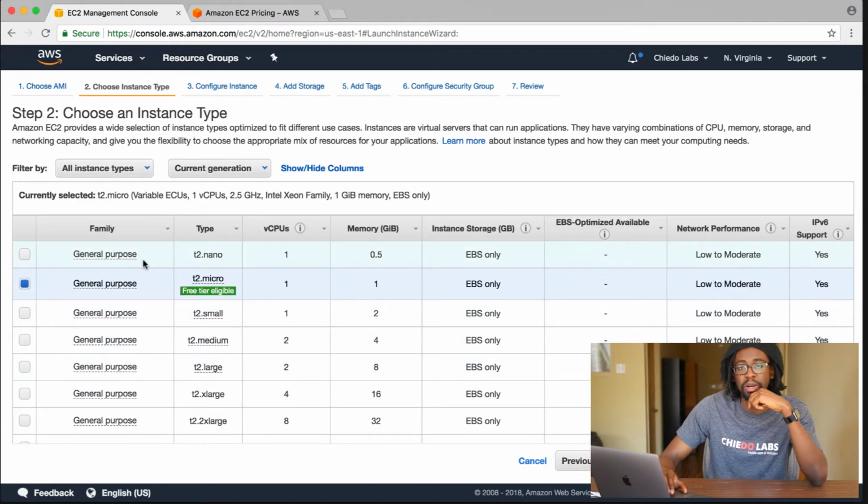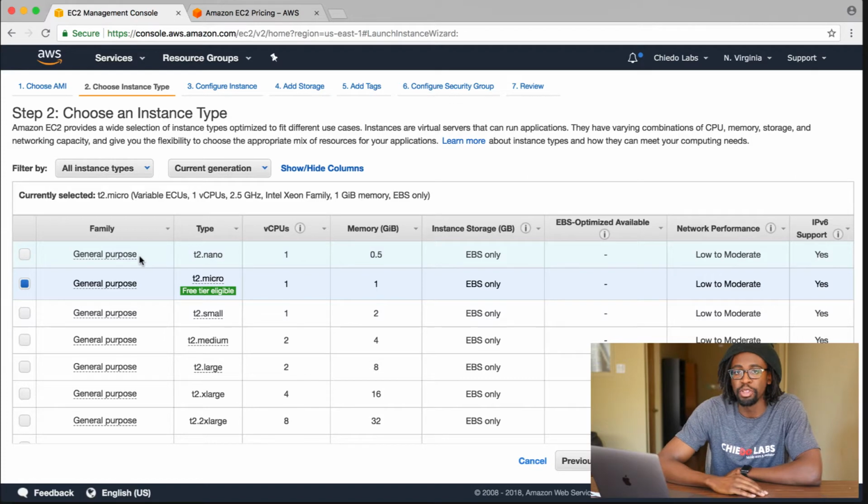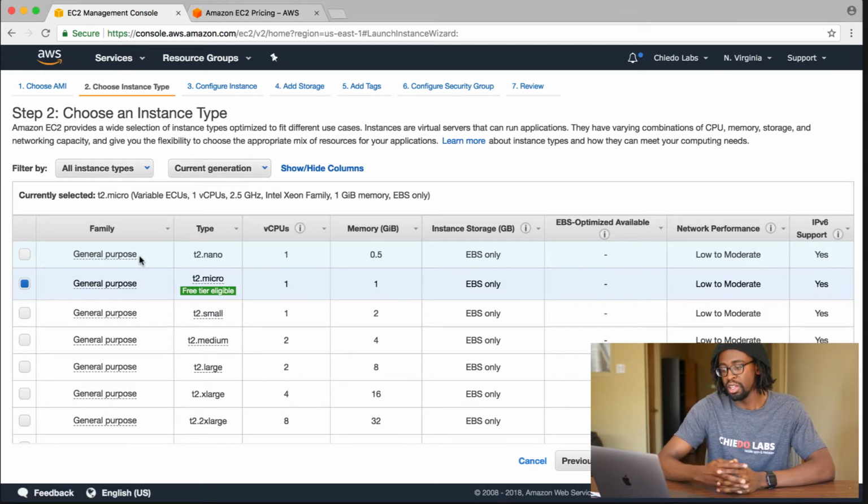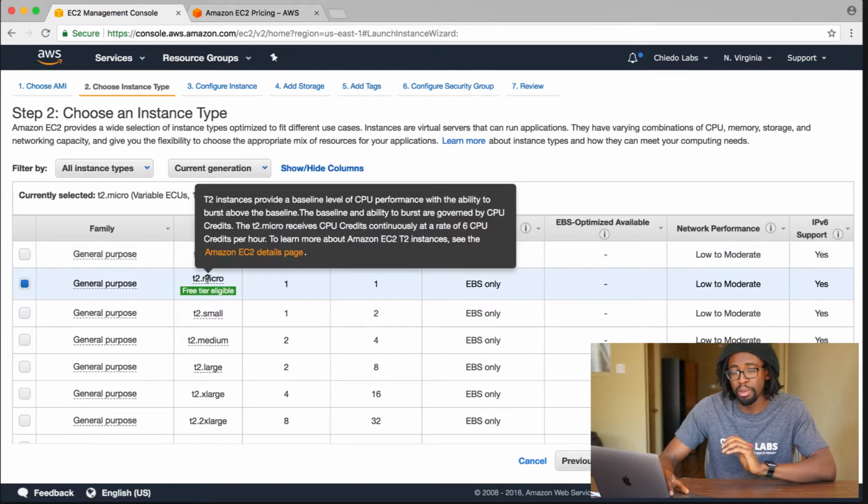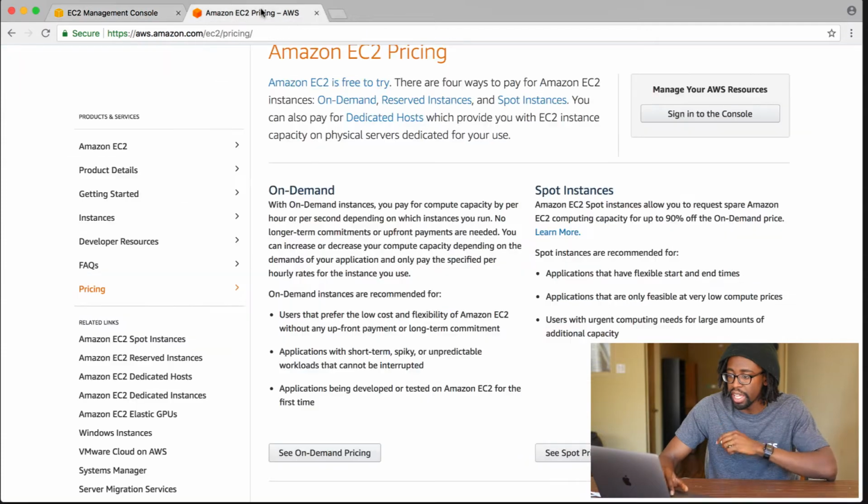And now they're going to give us a bunch of different options for the servers. The pricing is confusing with EC2 because they charge you by the hour. That makes sense from a pricing perspective, but from a developer perspective, when I just want to get a server up and know how much money it's going to cost me each month, it gets a little confusing. Last time I did calculations, I think a nano server runs you about $5 a month and a micro server runs you about $10 a month. But they have a pricing page. Just go to